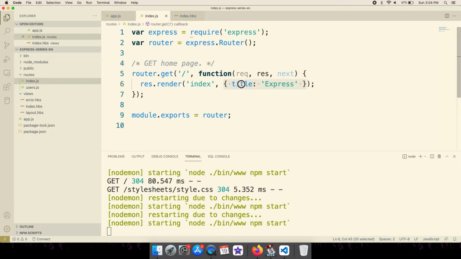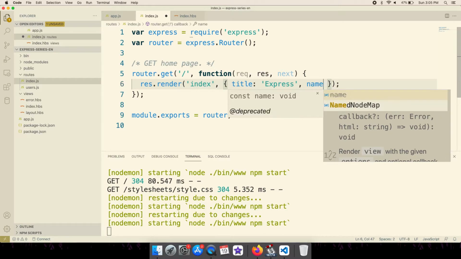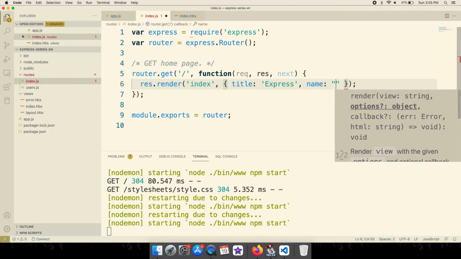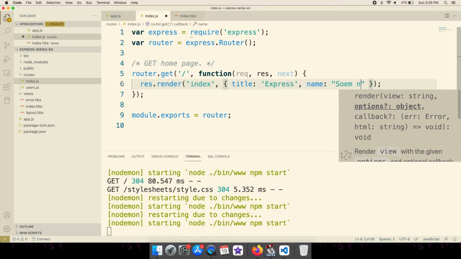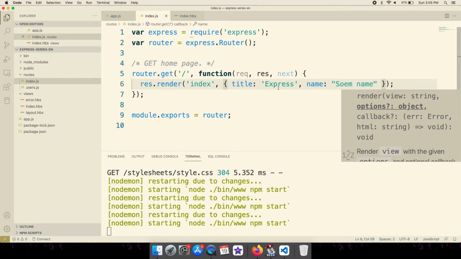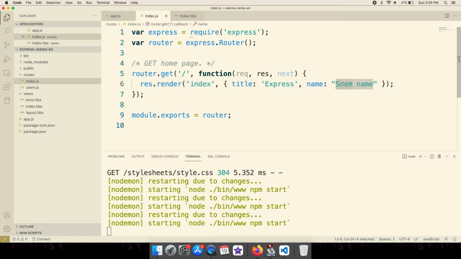Here we are passing title as Express, and let me pass one more variable. Here we are passing name equal to some name, and it's a JavaScript object actually. And here we are using nodemon, an npm package that is very useful.